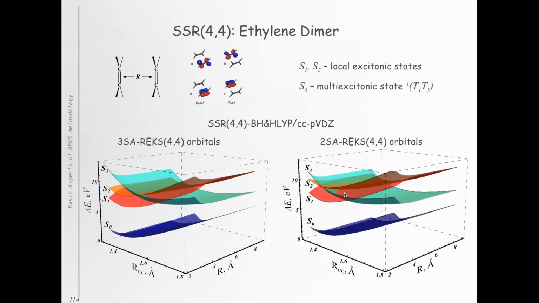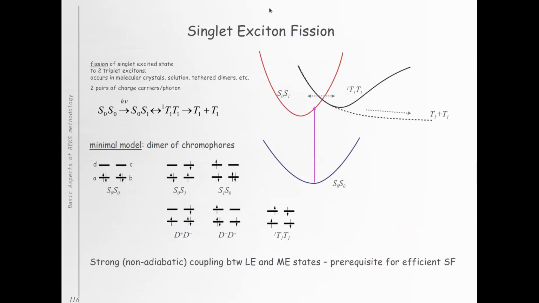Of course, due to interaction between the 2 monomer units at finite distances, they will split the 2 states. There will be an in-phase combination of the 2 local excitonic states, S1, and an out-of-phase combination of the 2 local excitonic states, S2, but there will be a multi-excitonic state S3. And the multi-excitonic state at certain geometries crosses the two local excitonic states. And this crossing between the states is, in my opinion, important for the description of phenomena such as,